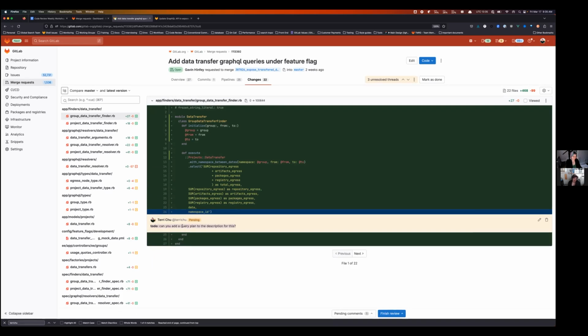Oh, so they're introducing a new finder with a query that I don't know what this query does. I have no idea what the data transfer model does either. I've never seen that one before. So